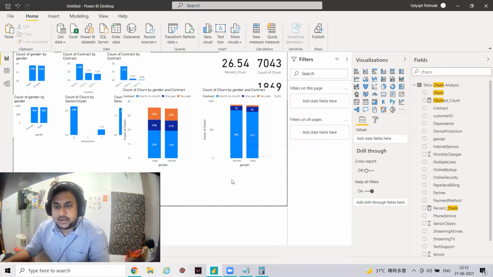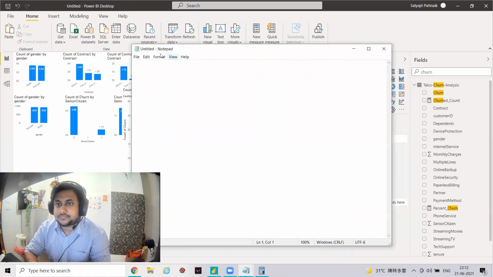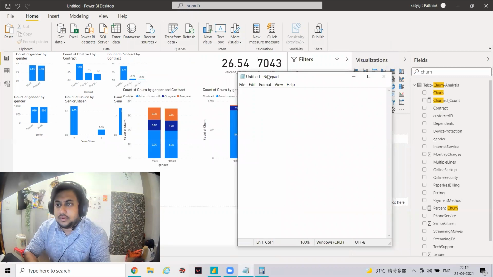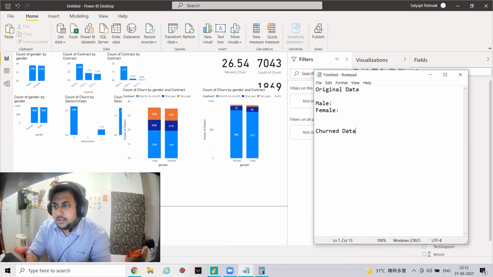Let's try to analyze this. So let me open the notepad. Let's first analyze male, female in the original data, and male, female in the churned data.